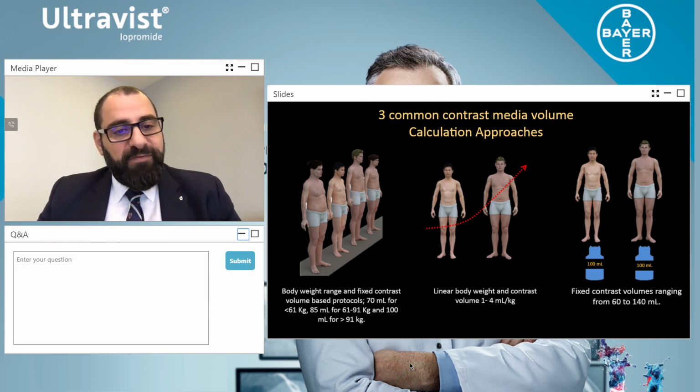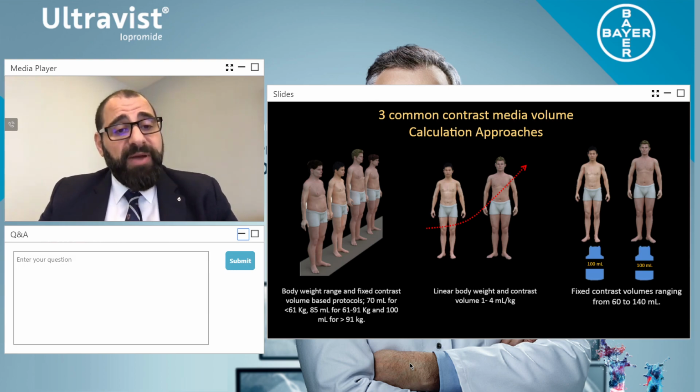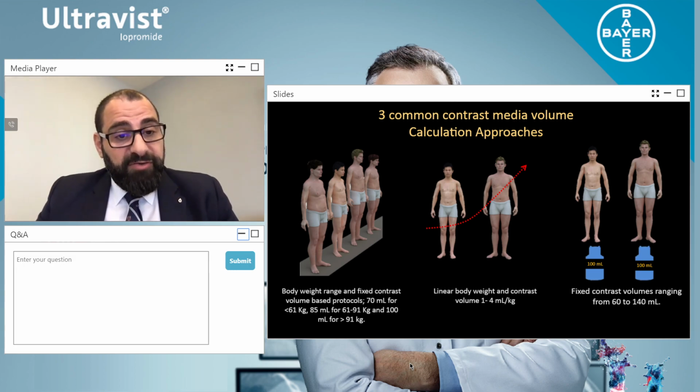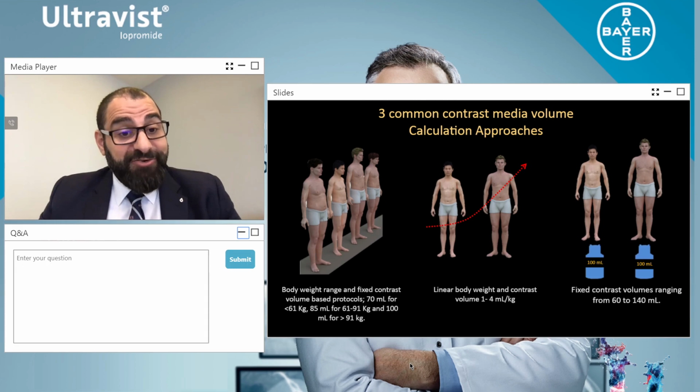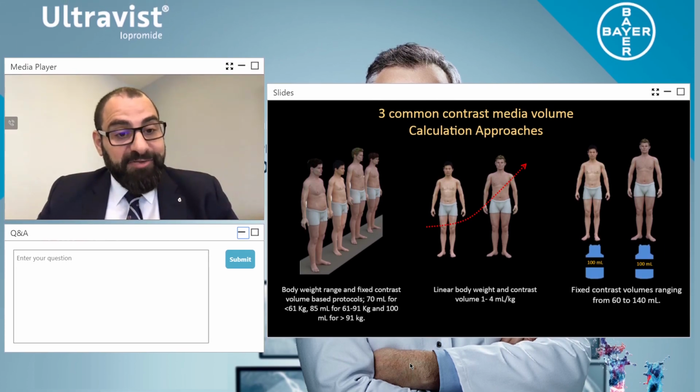So in actual fact, what I would recommend is we use a dual barrel or double barrel for every injection that you do. One, make sure your patient is well hydrated before they come to the examination. Two, I always use a 100 ml saline flush, which we're going to talk about in a minute. And three, by doing this, we're actually keeping the patient safe. The new guidelines now are going more towards patient hydration status than anything else.